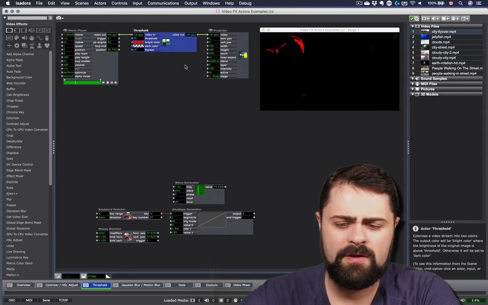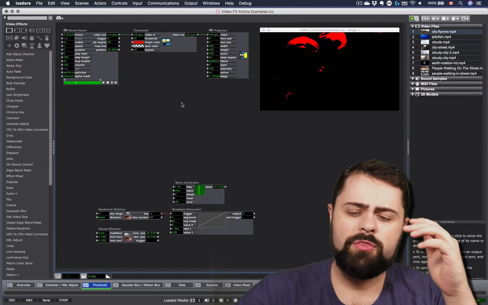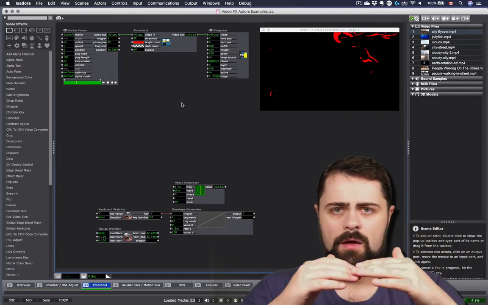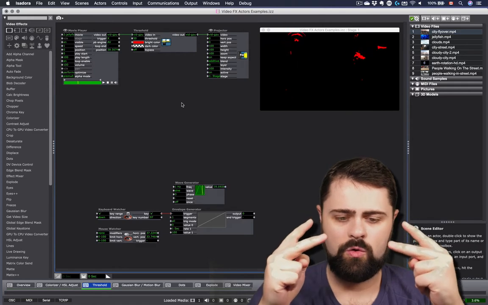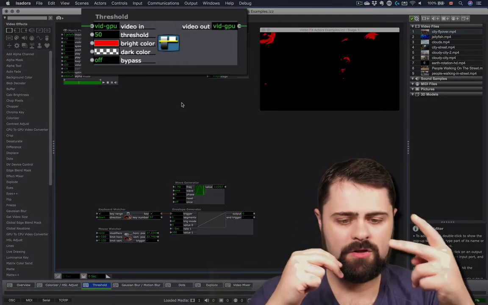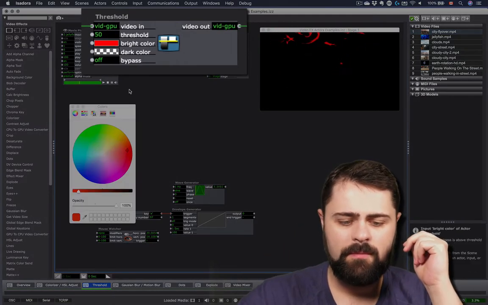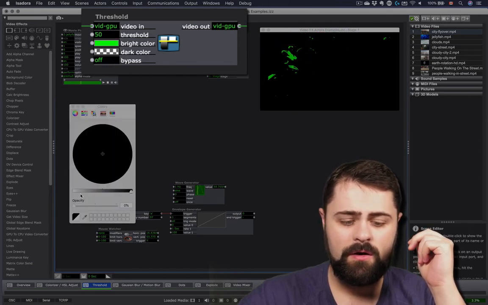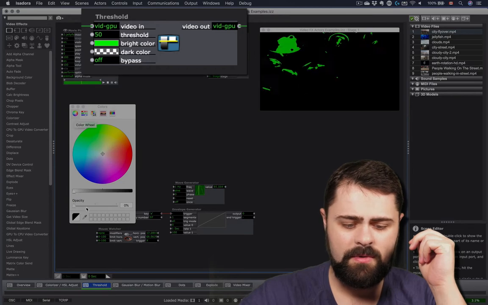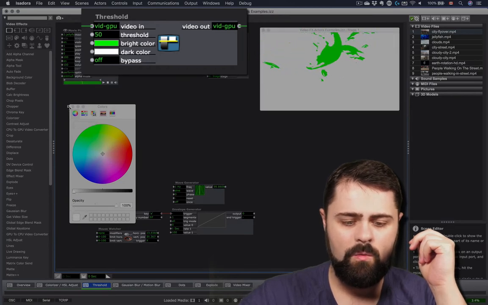I'm going to pop it into my feed right now. The threshold actor reduces your video to two colors only, a bright color and a dark color. So I'm going to define my bright color here as green and my dark color here as, perhaps in this case, I might go ahead and make that white.